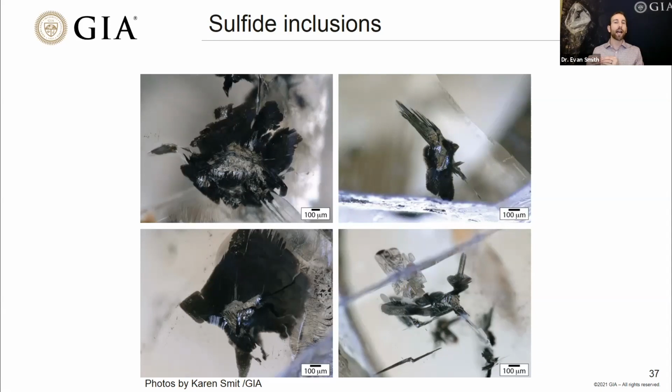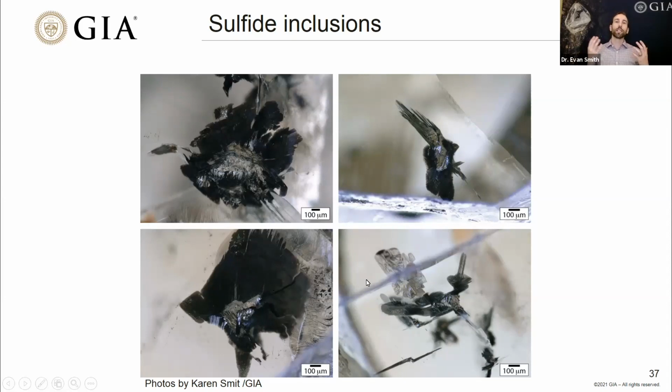The idea is that after these sulfide inclusions were trapped in the diamond and the diamond made its way up to the surface, these sulfide inclusions have a tendency to try to expand a little bit and relax as that pressure is released. The diamond comes to the surface, and when it does, the inclusion pushes against the surrounding diamond and causes it to fracture a little bit as that pressure is relieved. So it's quite common to see fracture systems around sulfide inclusions, and those fractures are very obvious and very black in color. Sometimes they can have a little bit of sulfide material trapped along these fractures as well.